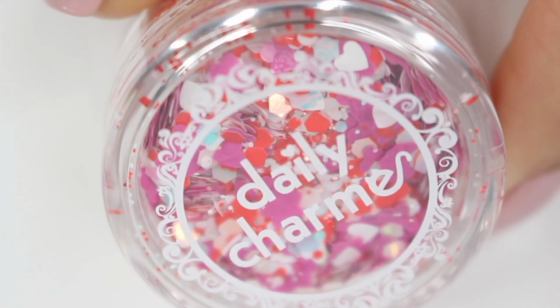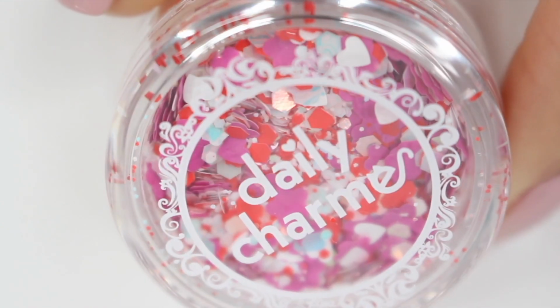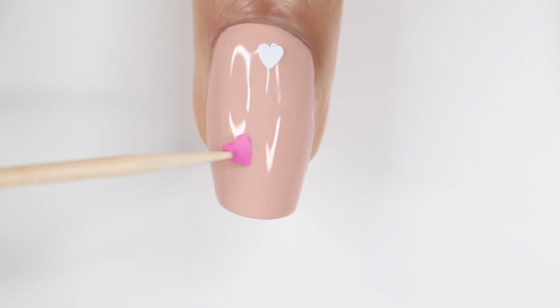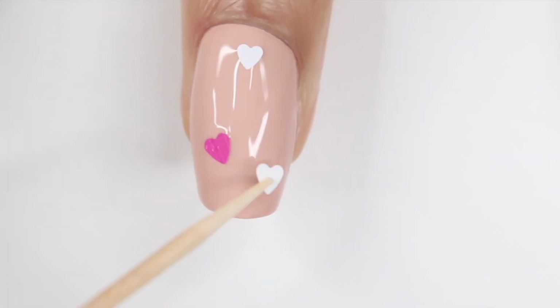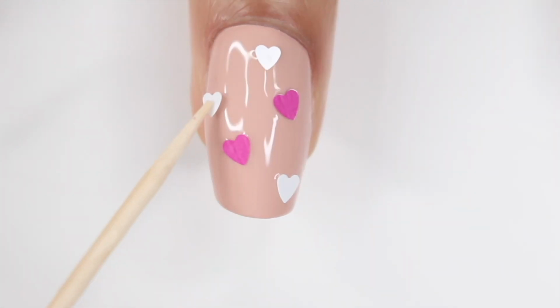So for the next 2 looks, I'm gonna be using this Valentine's Day glitter confetti mix that I got from Daily Charm, and it does not get any easier than this. So basically I'm just taking them and placing them on my nail. You want to make sure that you're starting off with a wet base, so I applied a top coat right before this, and I'm just putting them in random places around my nail. I seriously love this glitter because you can get so many different looks just by choosing certain colors or certain